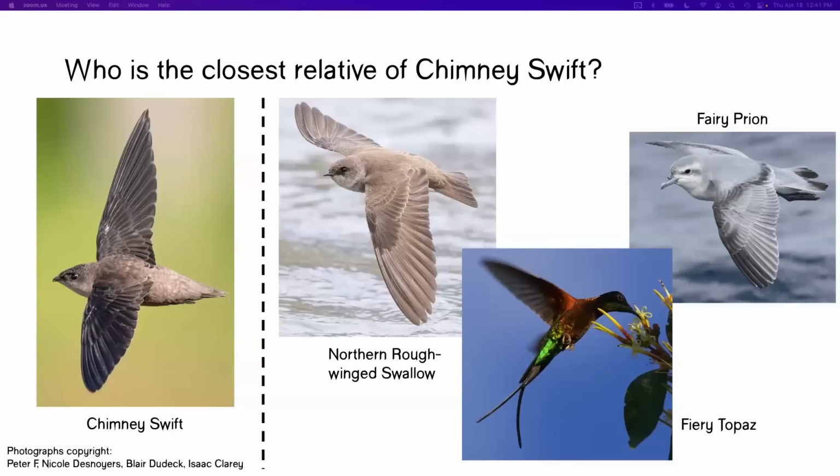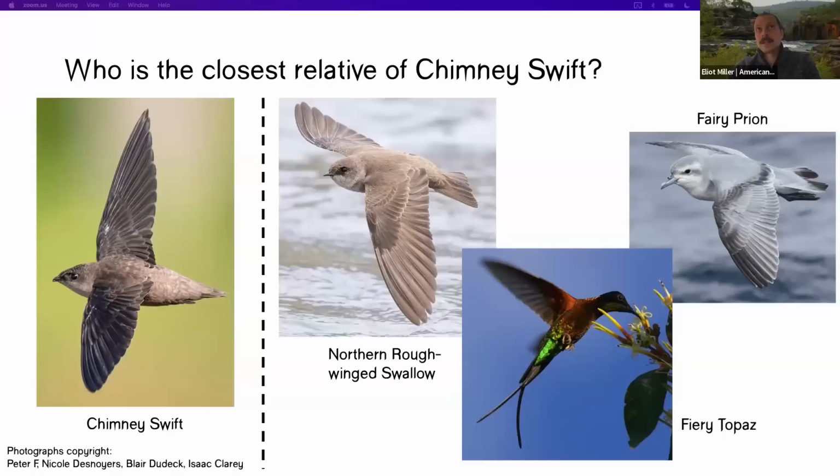We then map those tips to taxa in OpenTree, which is a complication that I'm glossing over. But at any rate, those taxa that we're matching them to can be updated and change over time. So we might call it Picoides villosus when we match it in 2012 or whatever, but now we call it Dryobates villosus. And so those names do update in the database, but the original tree in the database will be